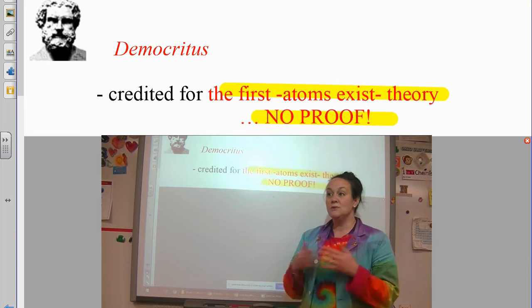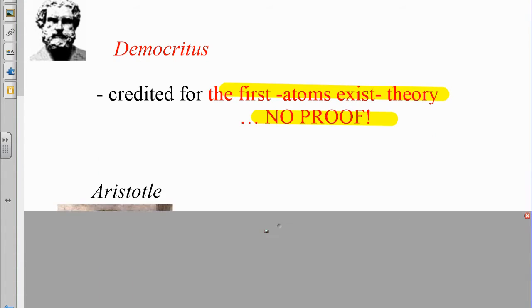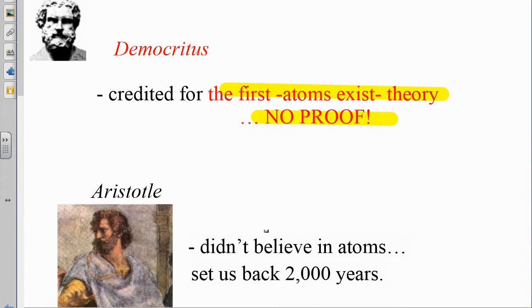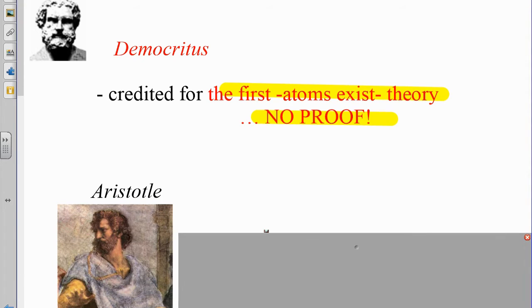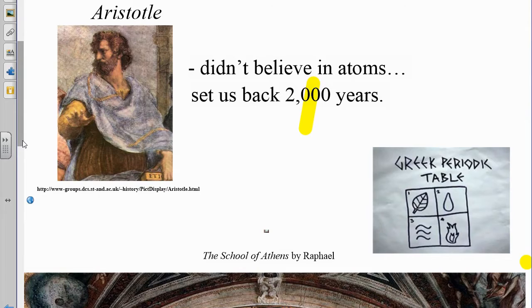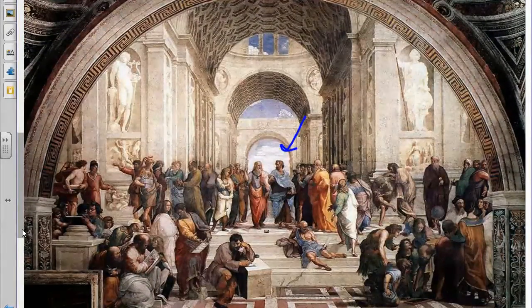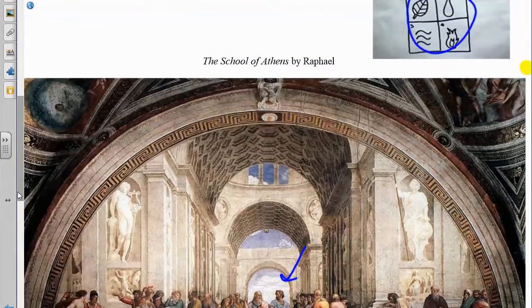He wasn't one of the most famous, most relevant philosophers of his time. He was working around the same time as another gentleman you might know, and his name is Aristotle. Aristotle didn't believe in atoms. Aristotle still was believing the idea that it's earth, wind, fire, and water. While he was an extremely intelligent man, you might notice him. He's one of the front and centers in the School of Athens, a very famous picture by Raphael. All of these very smart, very famous